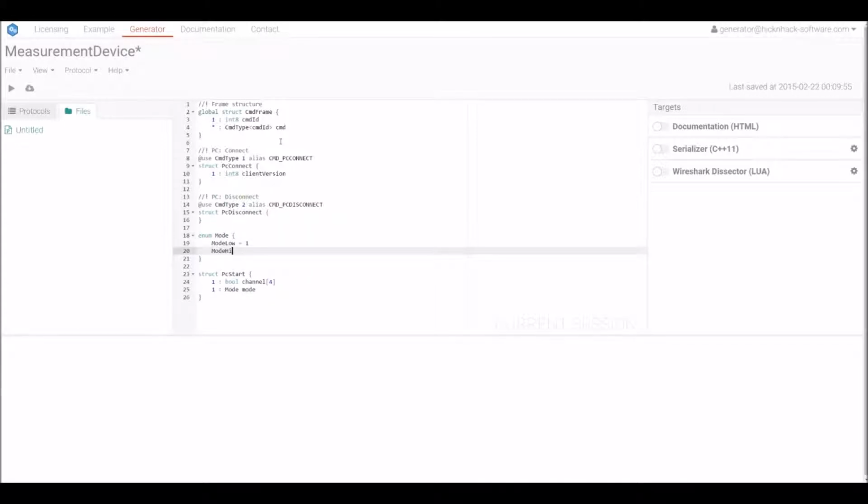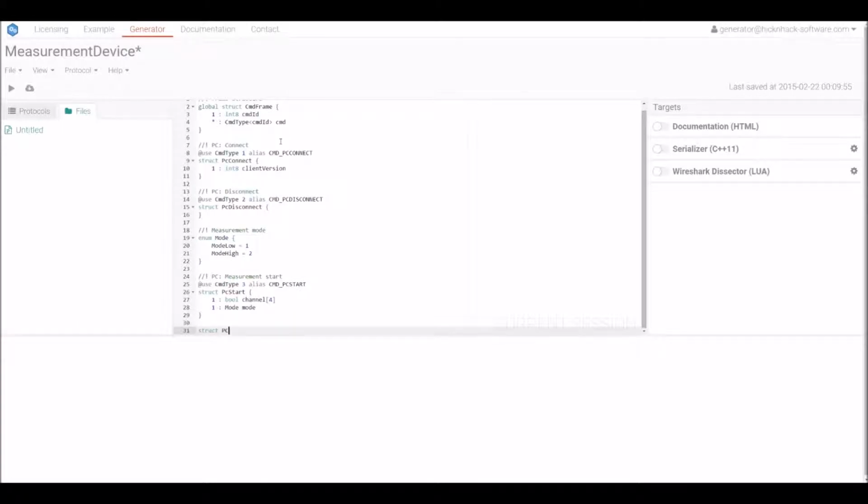And there are two modes. And measurement start is command type 3 with the alias PC start.